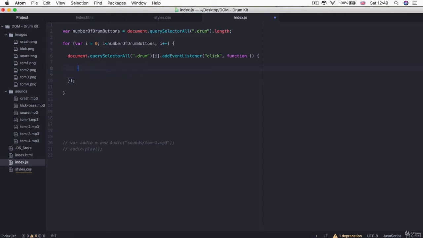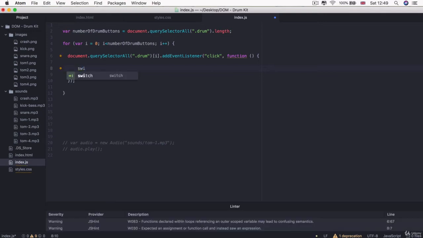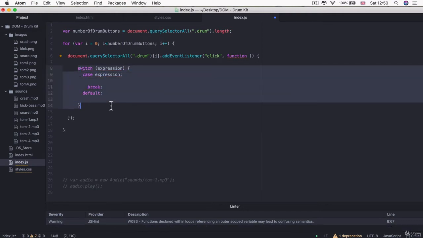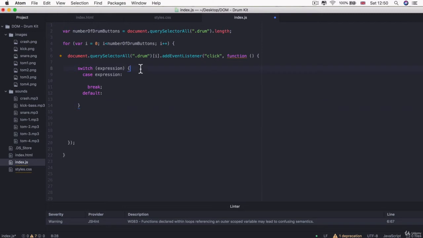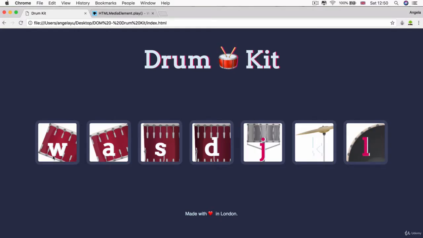So let's delete this line of code and start writing our switch statement. Now, inside Atom, as soon as you start writing the word switch, our autosuggest will helpfully give you the skeleton of a JavaScript switch statement. So if you hit enter, it'll give you the bare bones of what it should look like. You can see the keyword here, instead of if, is switch. And then afterwards, we have a set of parentheses, which includes the expression, the thing that we're going to switch on. And in our case, we're going to switch on the letter that is inside the inner HTML of